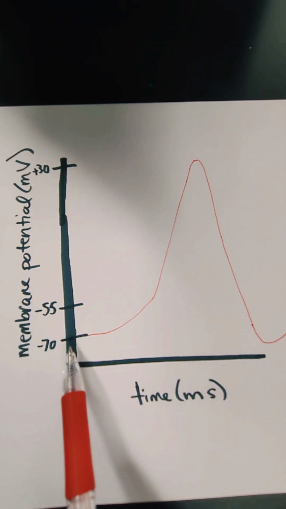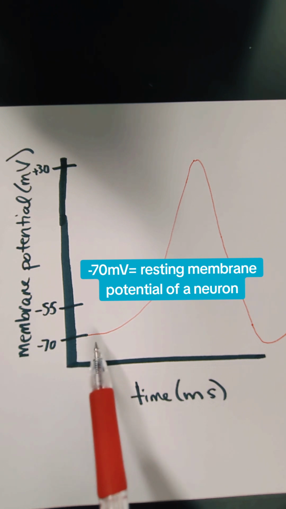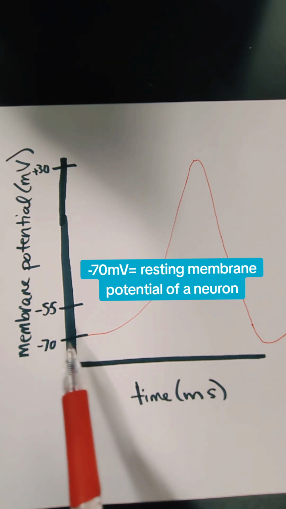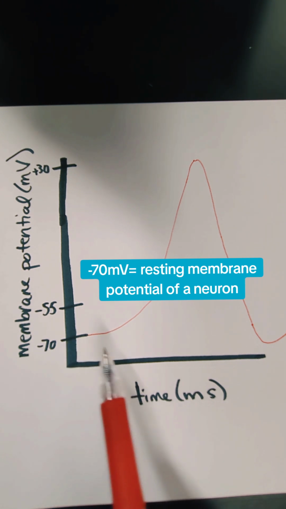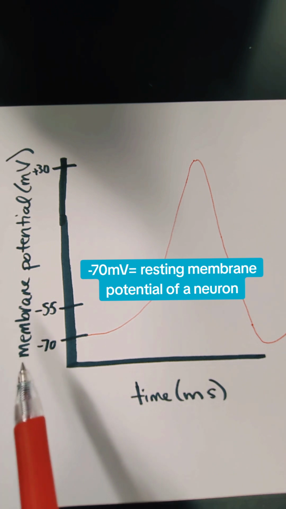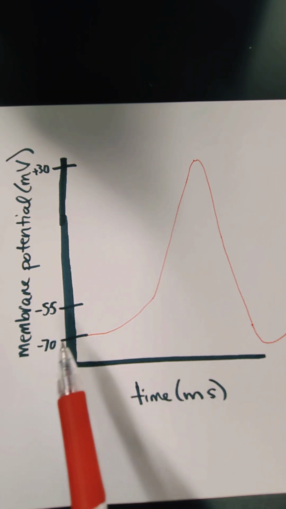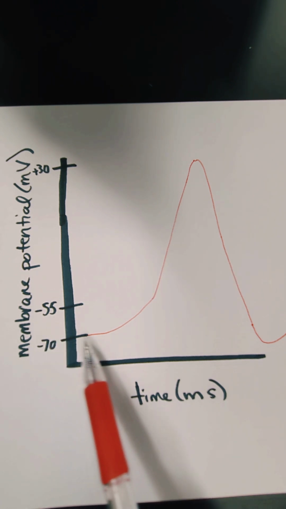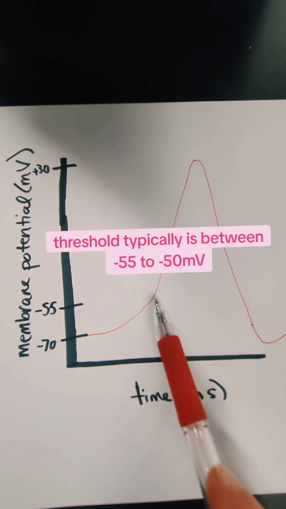Membrane potential starts at -70. That is the resting membrane potential of a neuron. So when a neuron is at rest, the cytoplasmic side of the membrane is more negative relative to the outside of the membrane. Now, if a sufficient stimulus is applied to get that membrane to threshold, which typically is measured